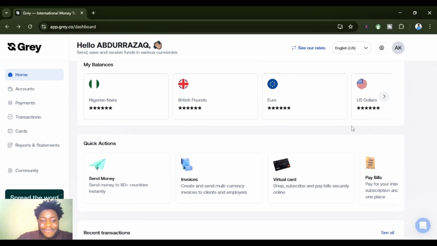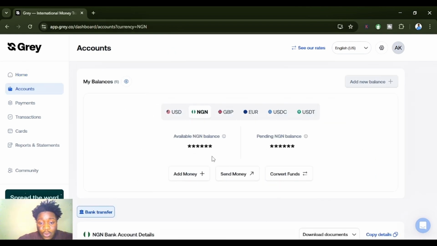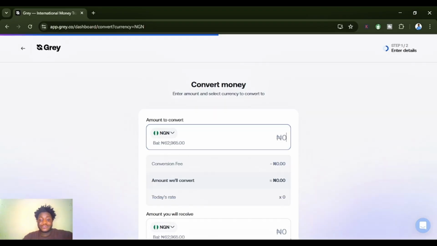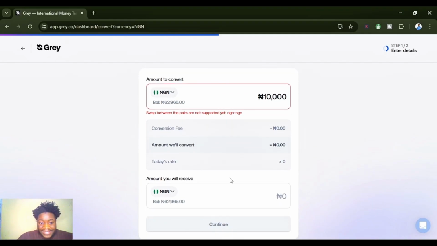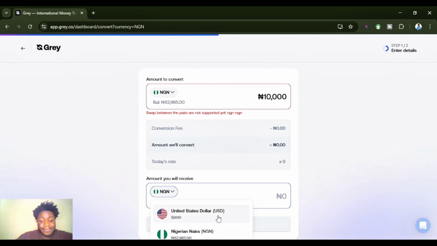And then how exactly do you convert from one currency to another currency? It's very, very easy. For example, all you have to do, in case you're in Nigeria just like me or any other country, click on your own account and then come here to convert funds. So once you click on convert funds, this is the area you would be able to insert your naira amount, and then it's going to show you, for example, if I say 10,000 naira, all I have to do is to scroll down and then change this to the particular